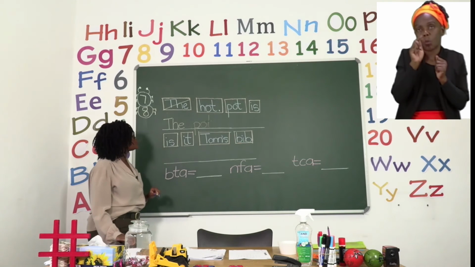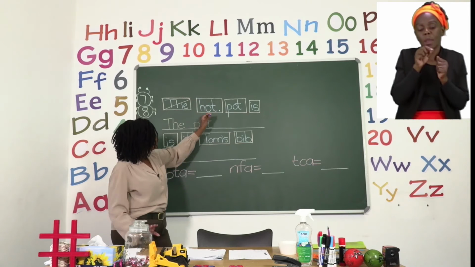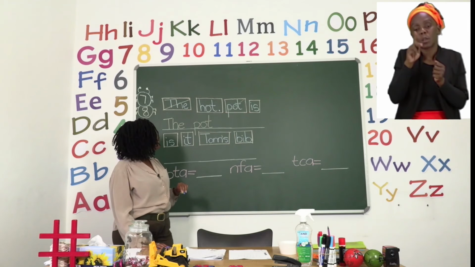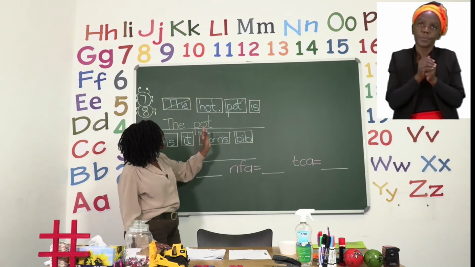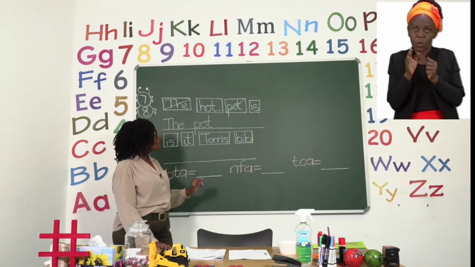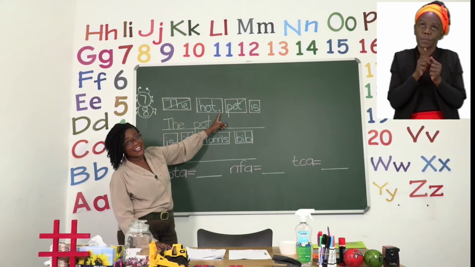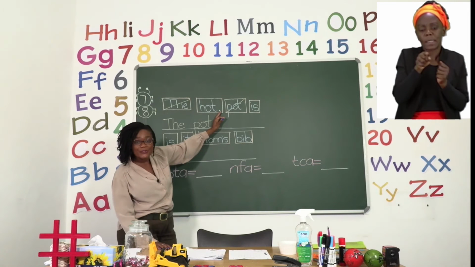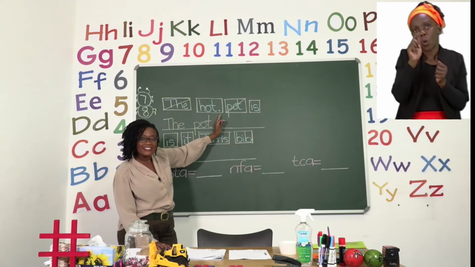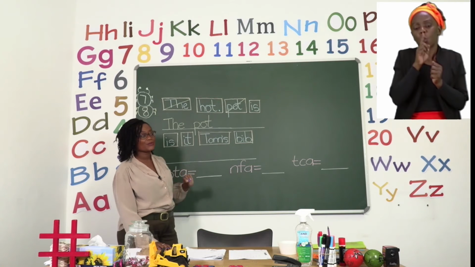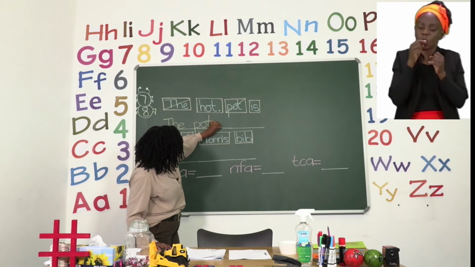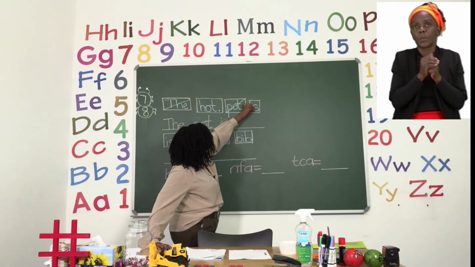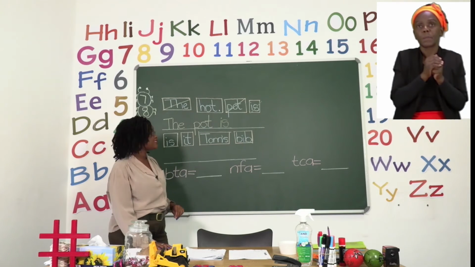Now we have 2 words, the pot. So I'm going to cross out my word pot so I don't use it again. Then the next one is the word is, because we said that because there is a full stop there, we cannot use the word hot yet. So we are going to use instead the word is. And once you're done writing the word is, please cross the box out so that you don't use it again.